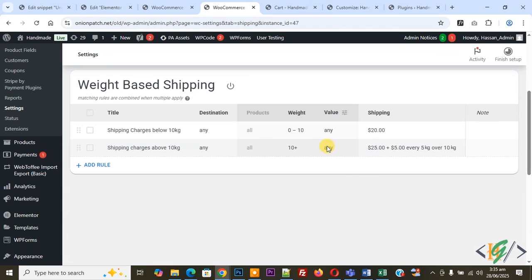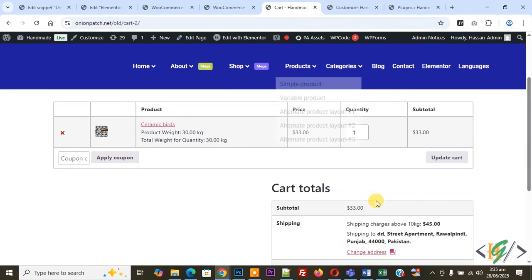Now back to the rule. Now you see 25 plus 5. So 25 is the flat rate for 10 kg. Above 10 kg we have 20 kg extra weight. So you can increase $5 per 5 kg. So 25 plus 20 is equal to 45. So in this way you can set